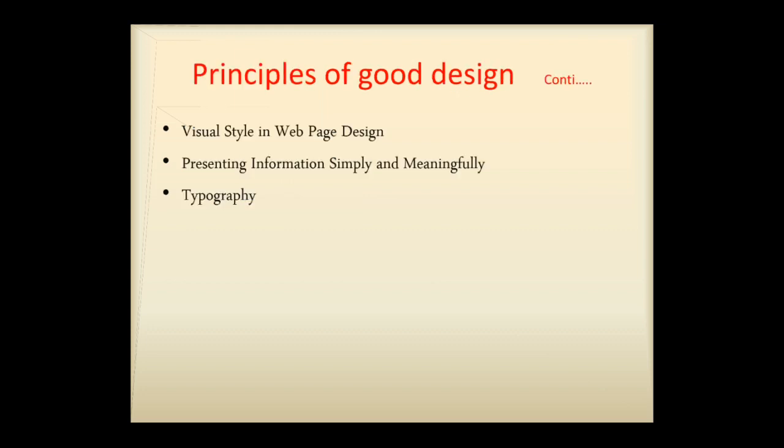Followed by it, there still exist some principles of good design. The next one is the visual style in a web page design. The style of a website and its visual characteristics, including the color, typography, graphics, the shape of the design elements, and the relationship between its components, including their locations, should be maintained throughout the entire website. This will provide unity and harmony to the website, and it also gives a consistent identity.